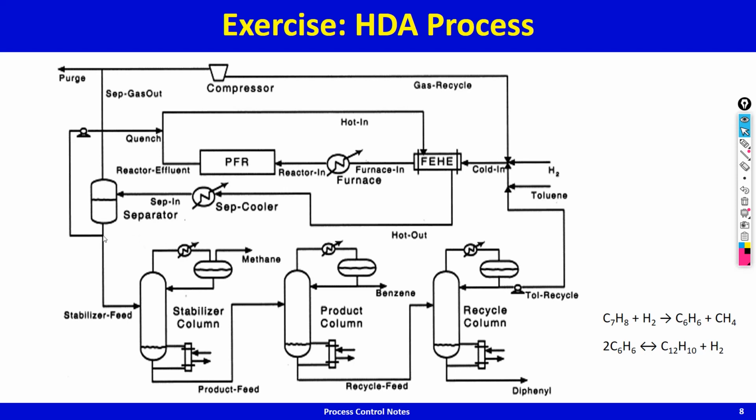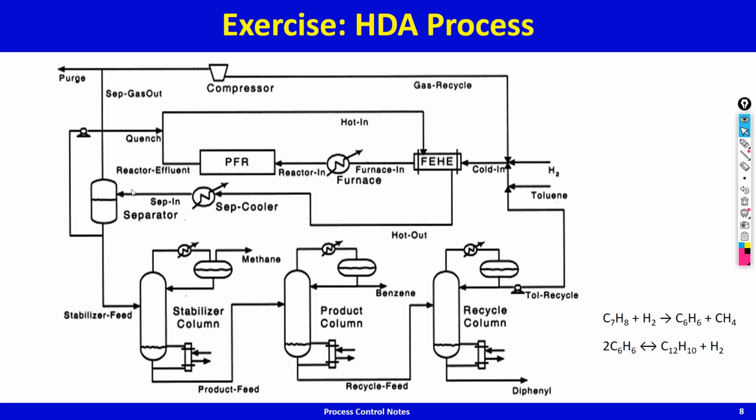The liquid part of it, of course, goes for quenching the hot reactor effluent, but most of it, maybe 95% of it, goes to a light-out-first distillation train, which is very similar to what we had in the Cumin process. So in the first column, you are venting out hydrogen, dissolved hydrogen and methane.